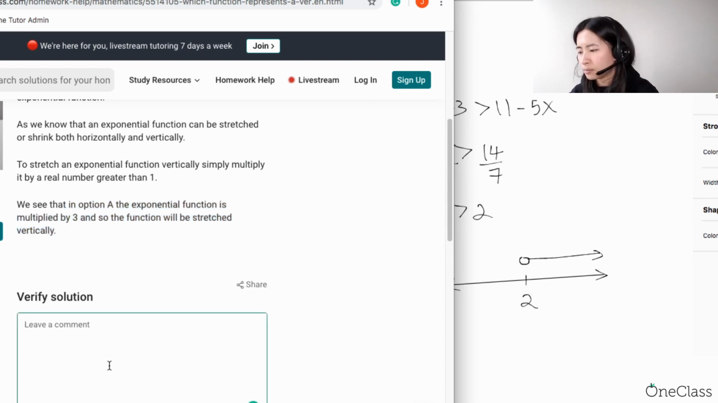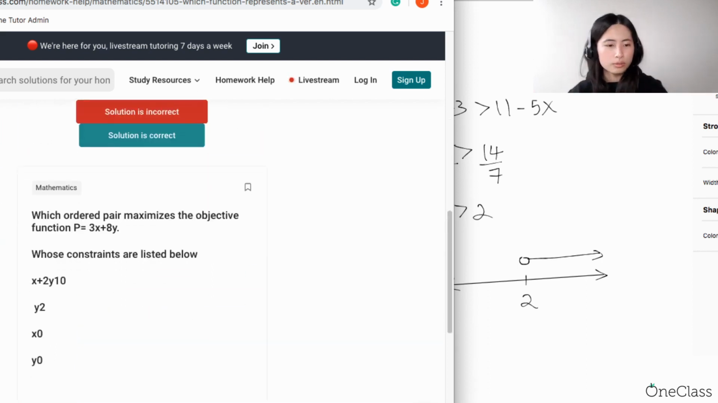Okay, but I would say the explanation is right, however, options weren't provided. Okay, great. So I'm just going to say the solution is correct since